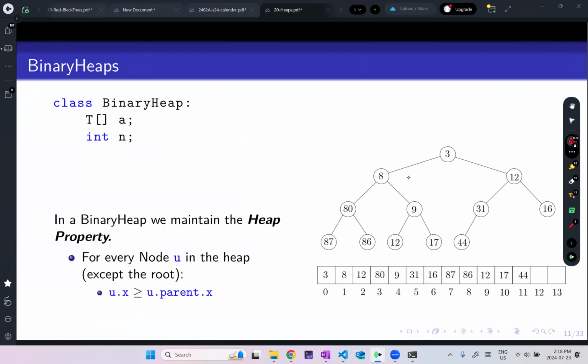So now to make a heap, what we're going to maintain, and we saw this with treaps, where our treaps maintain the binary search tree property but also the heap property. For the heap property in the treap, we used a priority, but now the priority is going to be the data. This is a priority queue. So the heap property is that